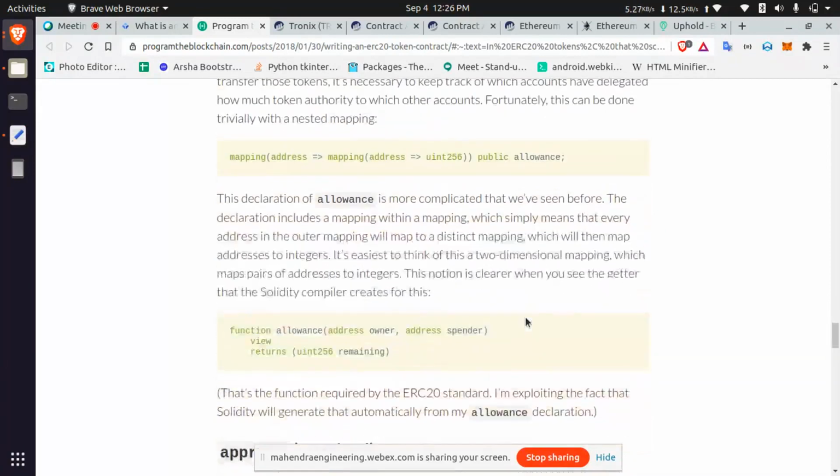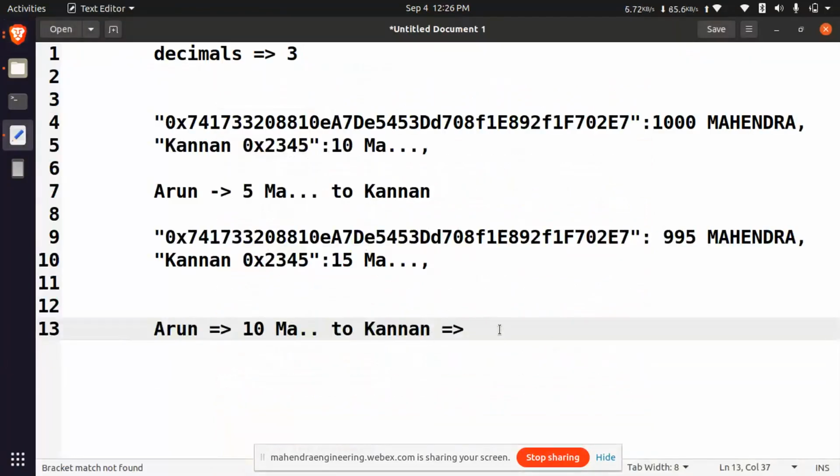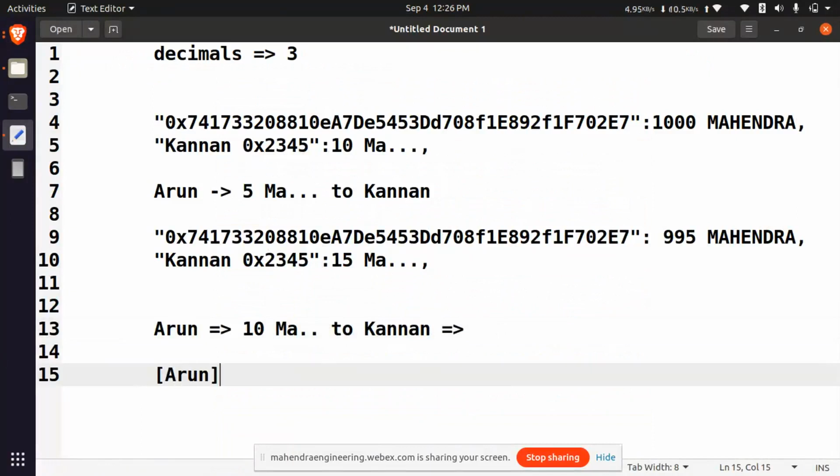They are giving an allowance like a mapping, address of address, meaning array of Arun, array of Kanan equal to some amount like 10 Maha tokens. So Kanan can utilize my 10 tokens. That is the meaning.